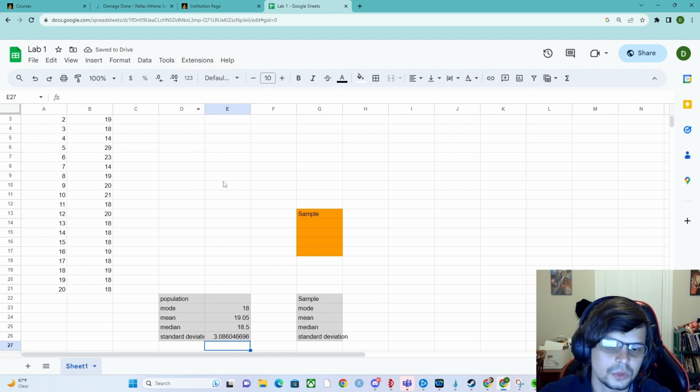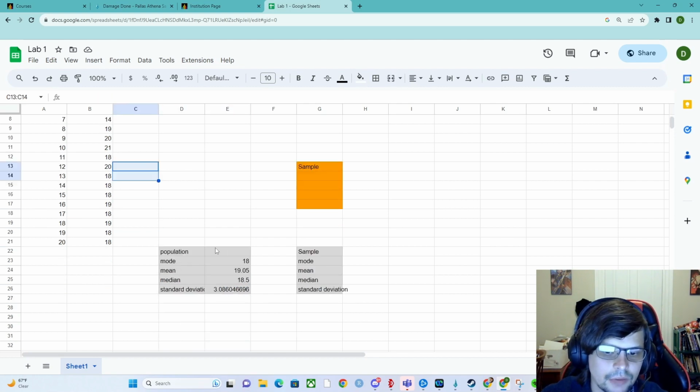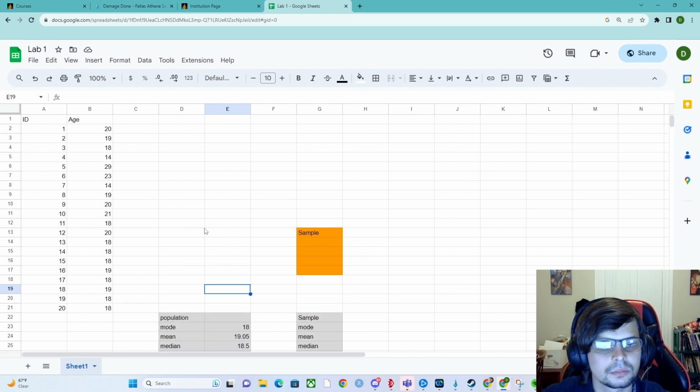So, let's go over what these mean. The mode is what occurs the most. Your mean is, of course, the average age in the classroom. In this case, the average age is 19 years. And the median is 18 years. Now, in class, and also in the PowerPoint and the recording, I go over what a normal curve is and how a normal curve will have about equal mean, median, and mode. And you can see that actually takes place here. They're about 1.5, 1 off, but it's pretty equal and pretty normal. So, that being said,